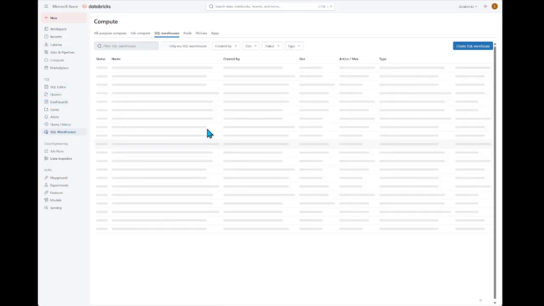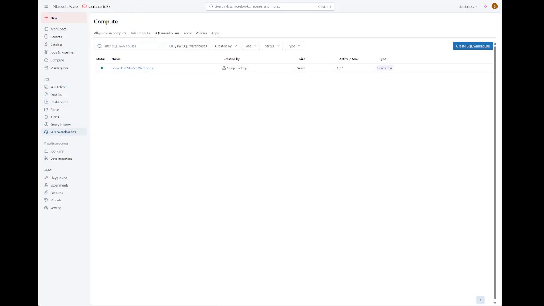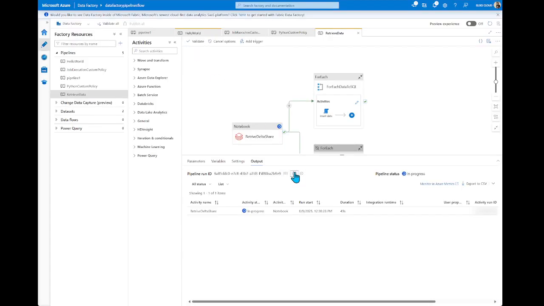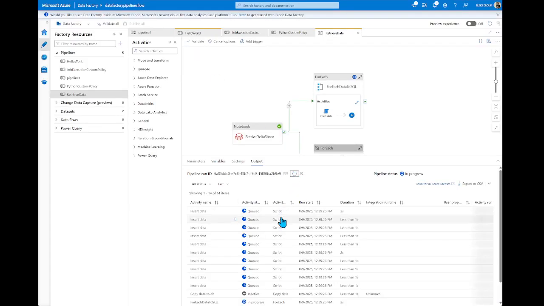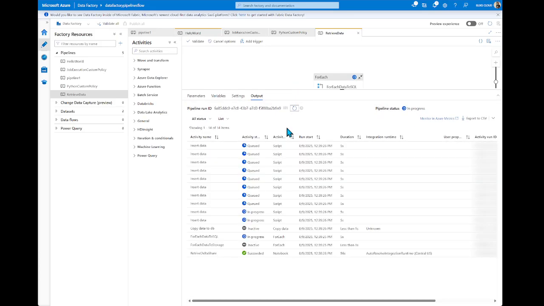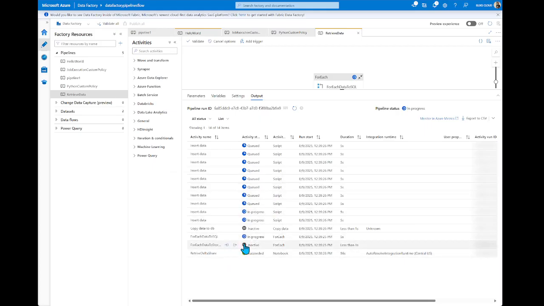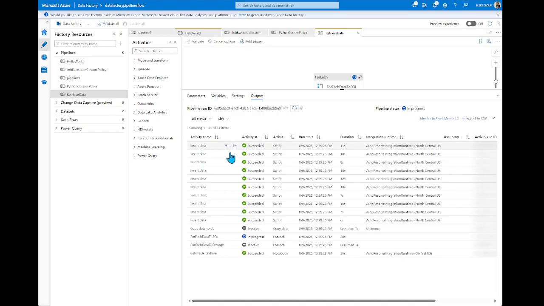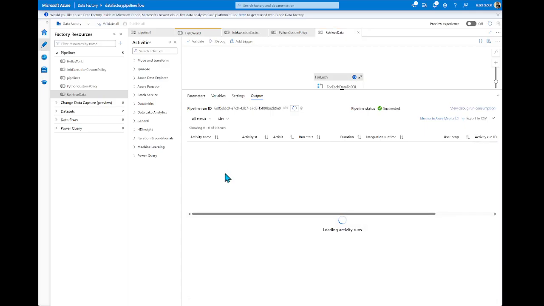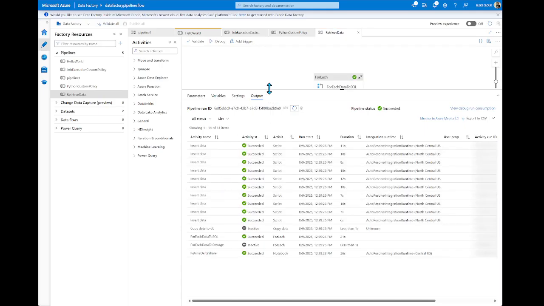Works. SQL, yes. Delta share still working. And yes, you see, we have successfully retrieved the data from our Delta share. You can see the JSON as output, and we start our for each to insert row by row in our SQL, and we have everything executed.